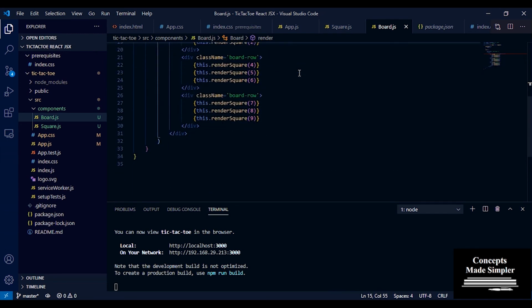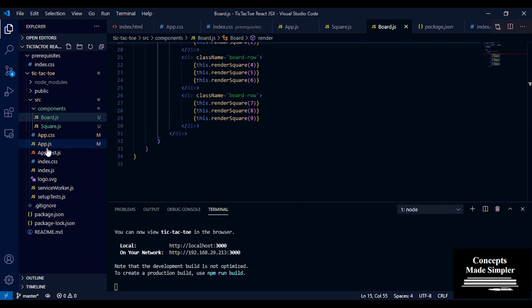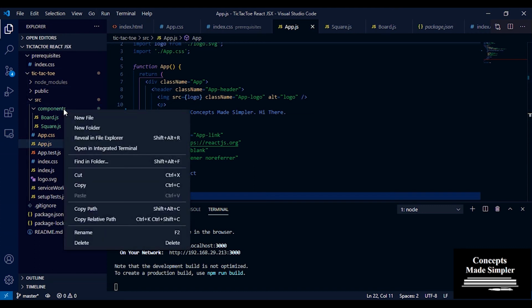So we have our board. Now this whole board, which has its squares, has to come inside a whole. We're going to make another, larger component called Game, and we're going to render Game as the main component, which we'll pass to app.js, where we'll be rendering it. Game will in turn render Board, and Board will in turn render the squares. That's how this hierarchy is going to work.